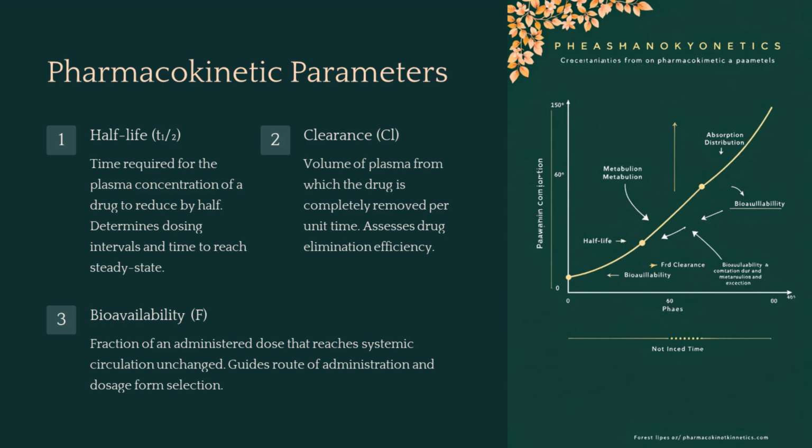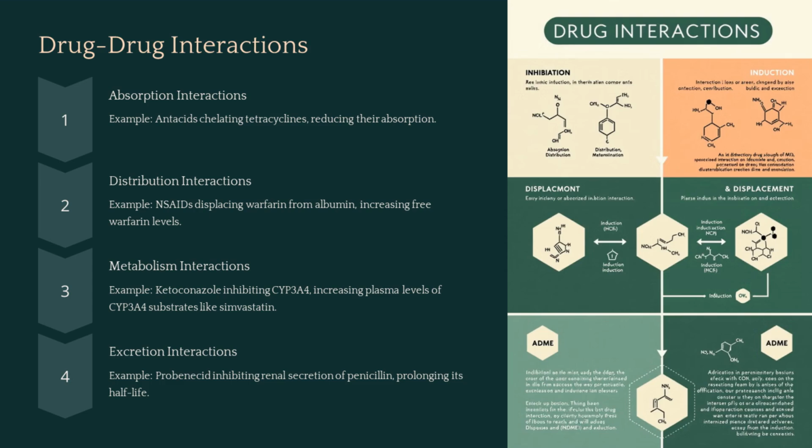drug reaching systemic circulation. Drug-drug interactions can occur during absorption, distribution, metabolism, and excretion. Examples include antacids reducing tetracycline absorption, NSAIDs displacing warfarin from albumin, ketoconazole inhibiting CYP3A4, and probenecid inhibiting renal secretion of